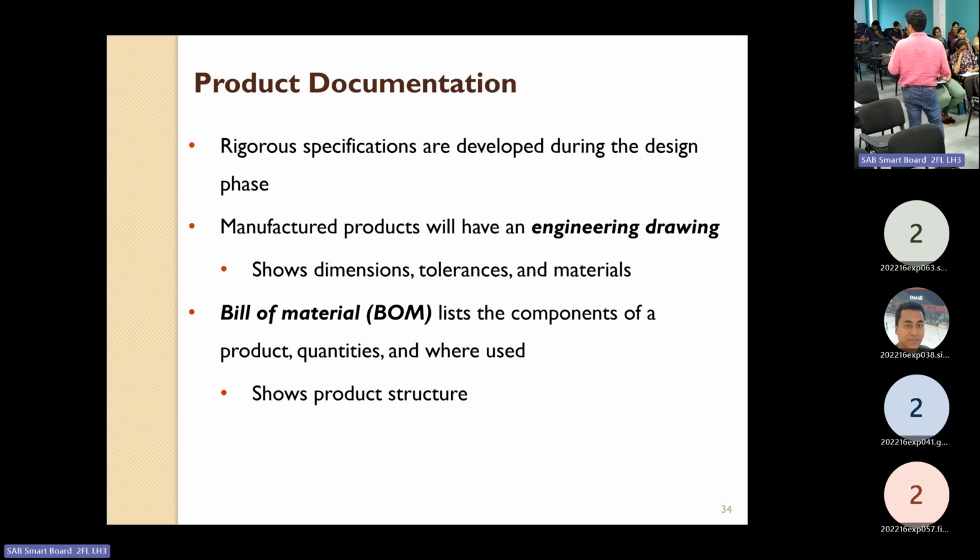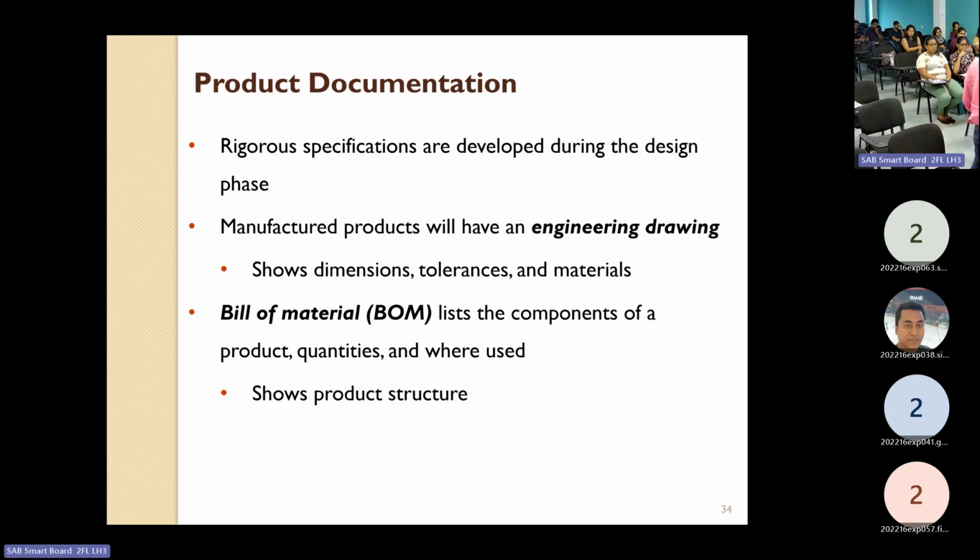Hope you are aware of it. Are you? Bill of materials lists out what components are required for a product, how many of them are required, and where they are used. Such a detailed document is called a bill of materials,